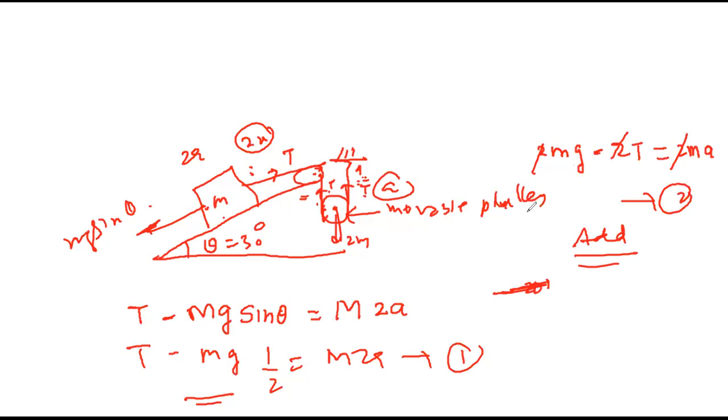Now I'm just adding this, so t minus t cancel, minus half plus 1 कितना, minus half plus half ना, हाँ. plus half mg is equals to m times 2a into ma, so 3ma, mm cancel, this is g by 6 equal to a हो गया,